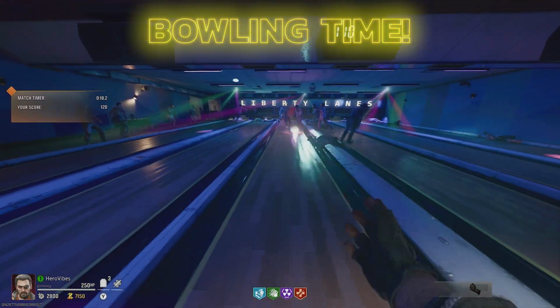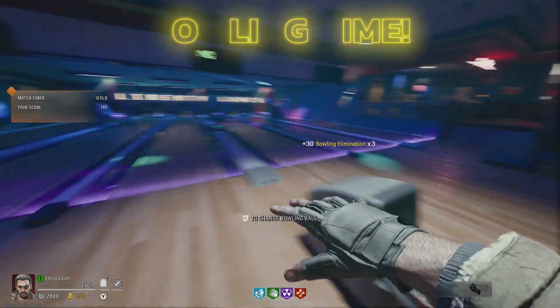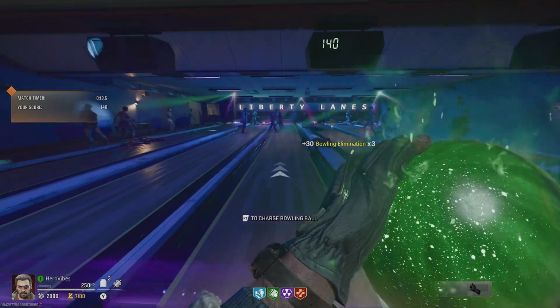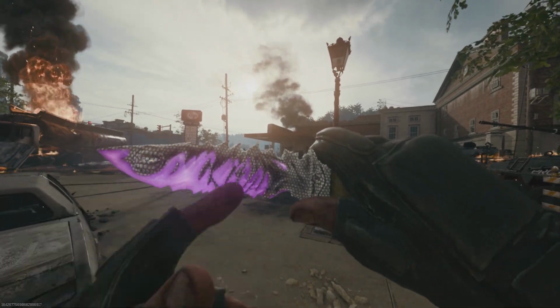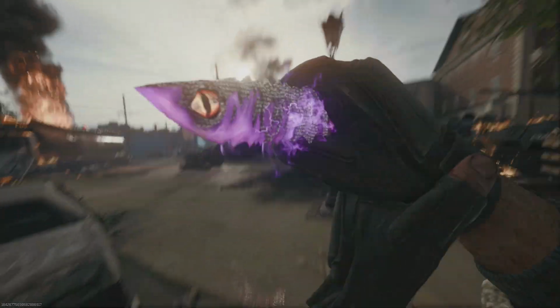One of my favorite Easter eggs in Liberty Falls is the ability to actually go bowling. Yeah, I know, it's crazy. The Liberty Lanes bowling alley isn't just for show. To enter this cool little Easter egg area, we're gonna have to shoot a bunch of bowling shoes scattered